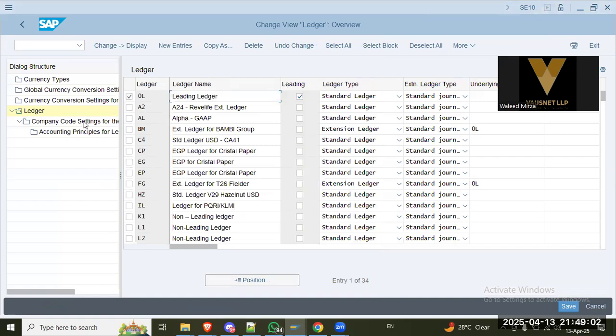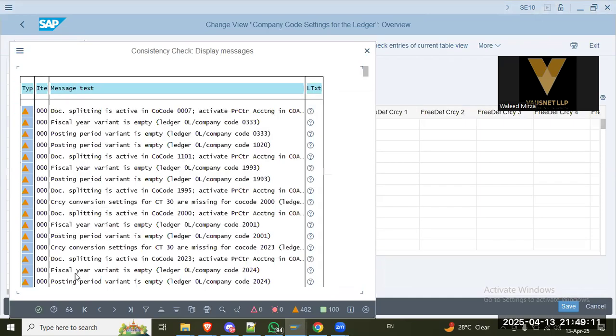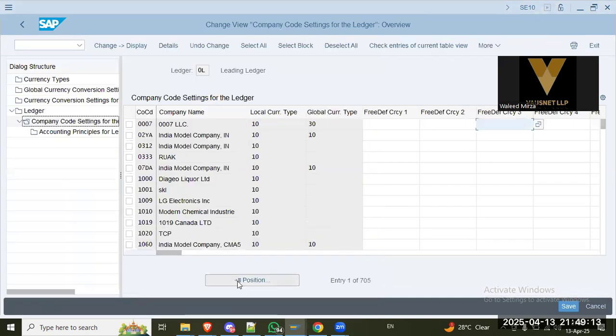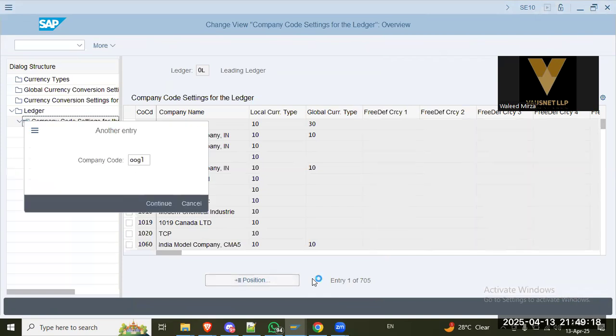Okay, zero L ledger, company code settings. WOGL,